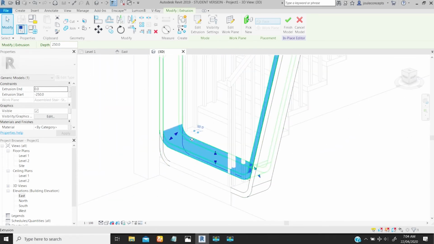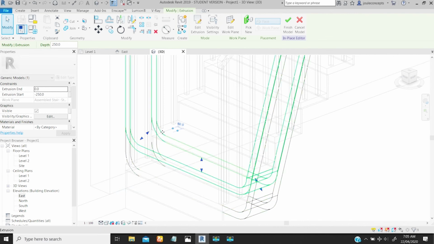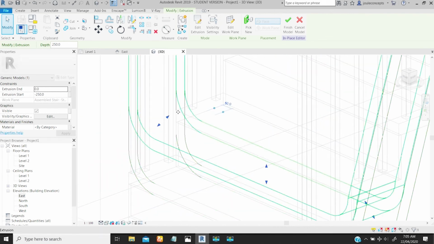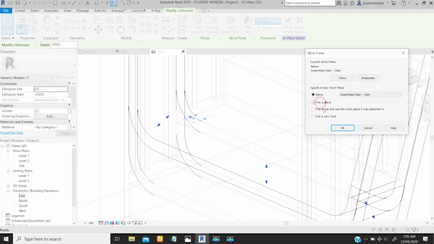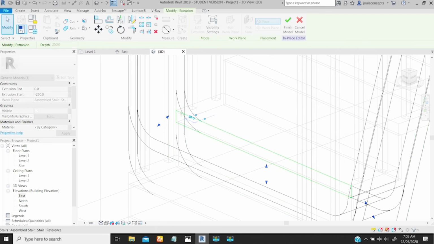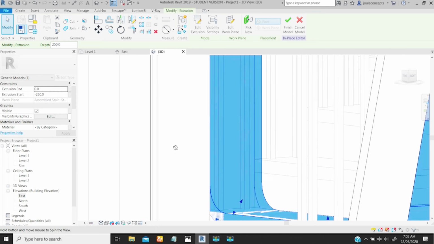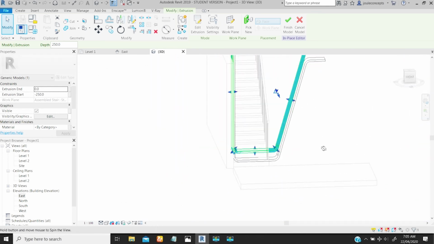So we need to shift our work plane to this surface. If I take this back to our wireframe, we need to make this our new work plane. So if I select this new guy here, there is room for me to edit my work plane. I click on edit work plane, pick the work plane and choose this face, then remove start. So if I go back to this now, you see what we have. Okay,